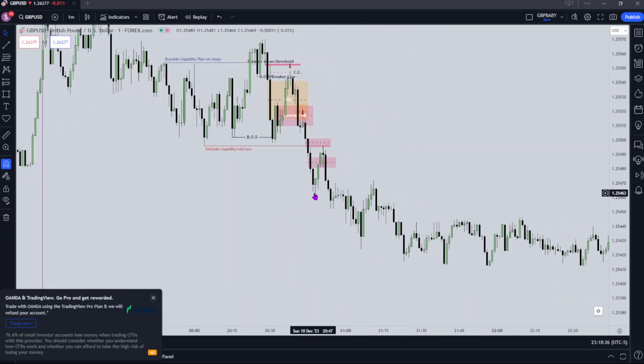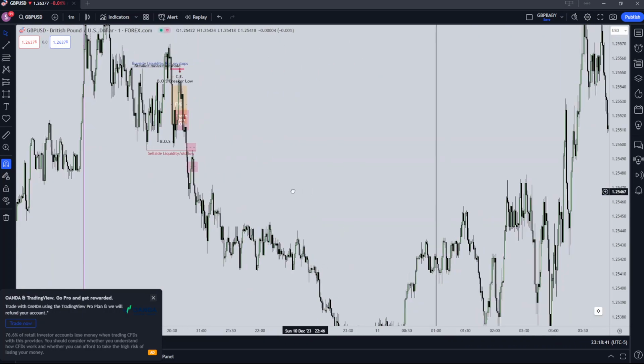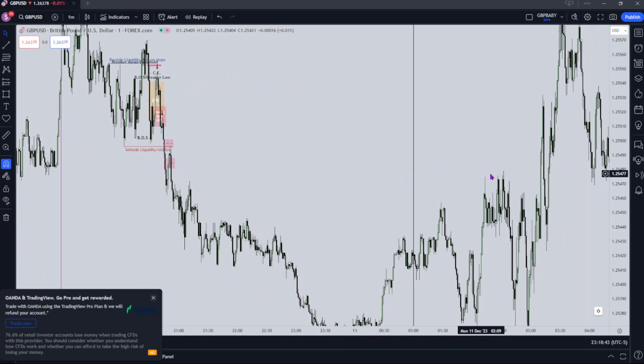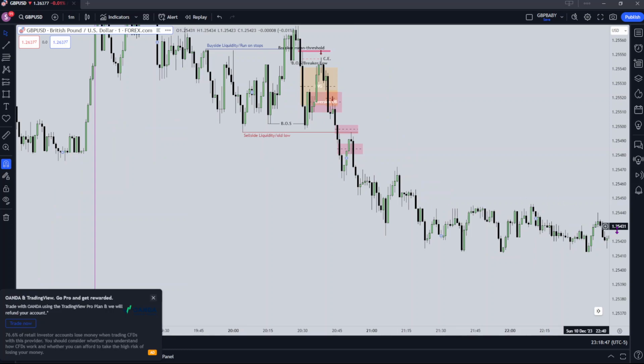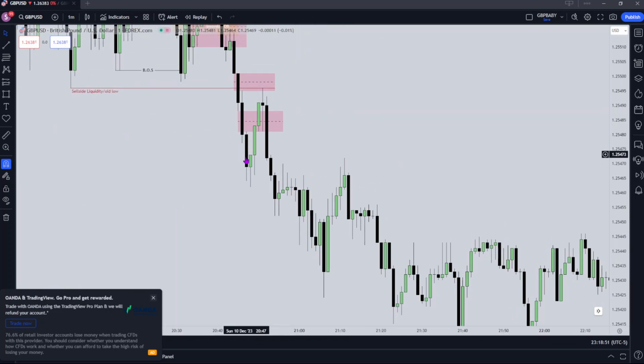When price does things like this, I see it as like a defended level once we leave it, so it'll pull back and then it'll trade away from it. Now I don't really want to see price trade back past the order block that created the move, because this will then act as like a reclaimed order block, as in when price trades back up to these levels on the buy side, it should create a reaction. But we'll look more into that later. Basically what I'm saying is that this order block here